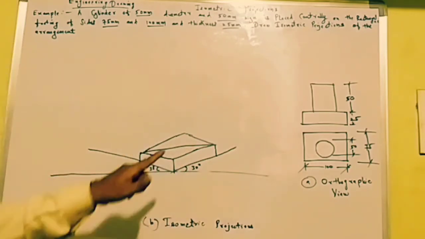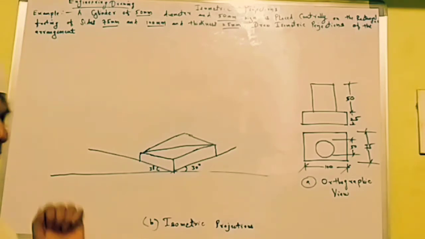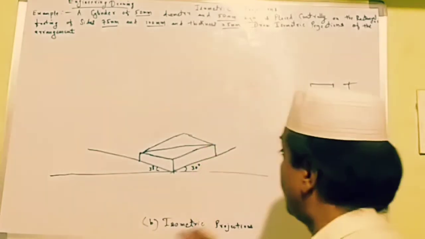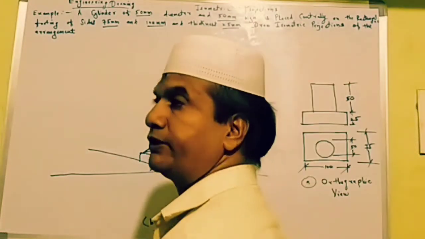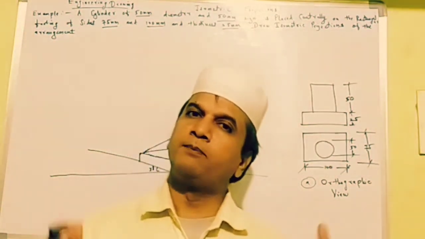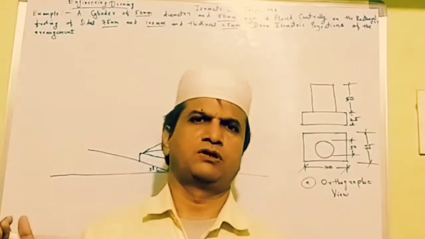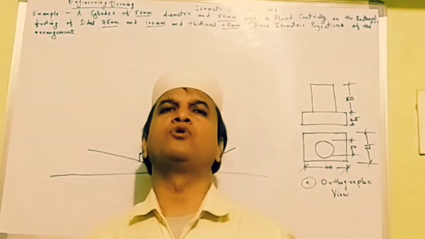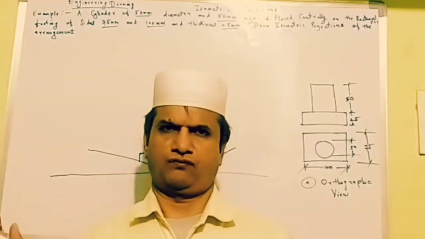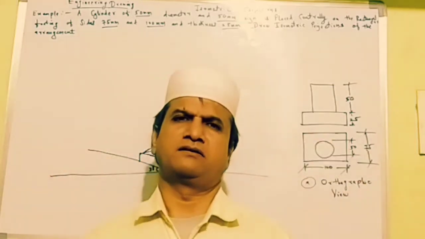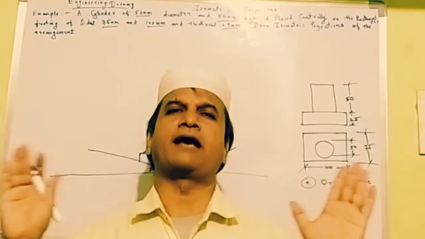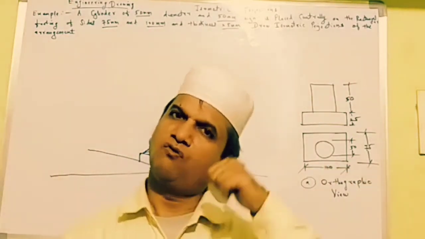This is our footing, on which we now have to draw a cylinder. The cylinder will be placed on this footing. But what is the diameter of the cylinder? 50 mm. Therefore, whenever you draw a diameter, you have to follow the 4 center method. Whenever you draw a cylinder or any other such thing, you have to follow the 4 center method. Okay. Now we shall see.